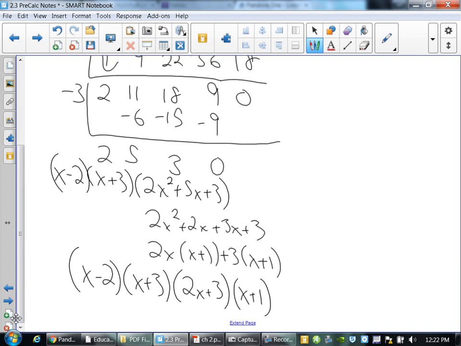What I did here is I factored by grouping. So this is a 1. But you've got GCFs. Okay, so